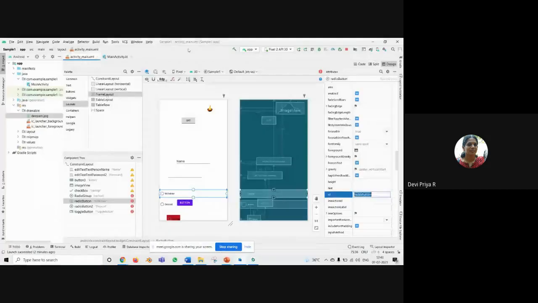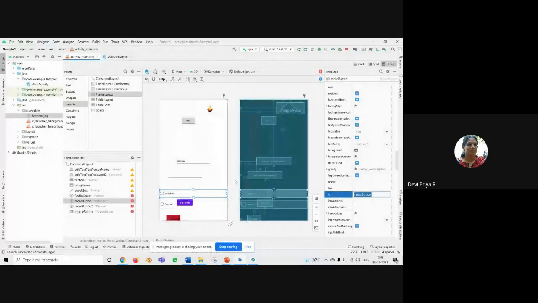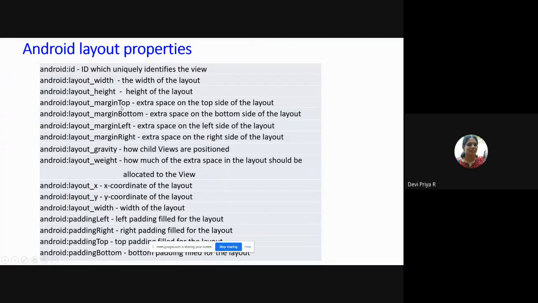Suppose you want to have this layout. The complete layout width and height can be given, along with margin top, margin bottom, margin left, margin right. Suppose your font size is like this and your layout needs to be only up to this, that means only half of the screen, you can specify. And either your entire layout should be presented at the top, or at the middle, or at the bottom, or left or right. So all those 4 positions, top, bottom, left and right, you can specify.